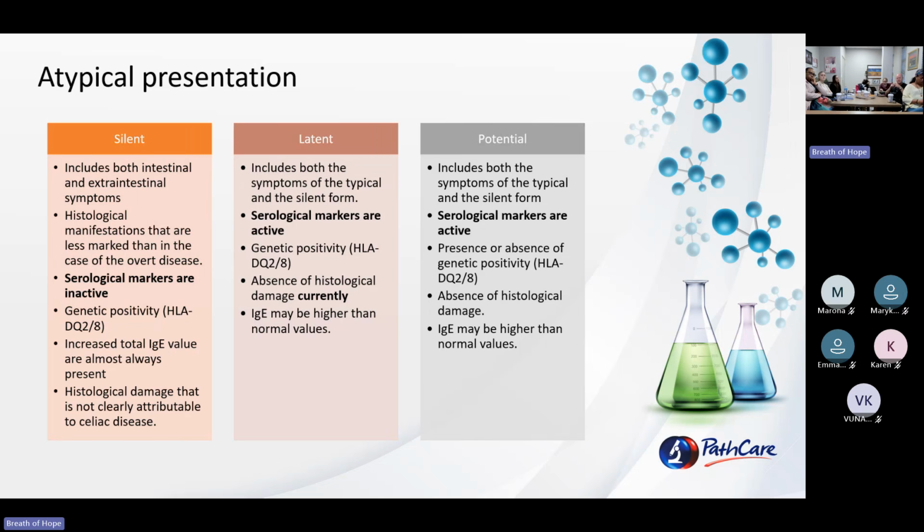These patients might not have the immune markers, so serological markers that are picked up in the blood. They might be inactive, but they do have HLA, generally HLA-DQ2 or 8 positivity, and often they have increased total IgE values. Then in your latent